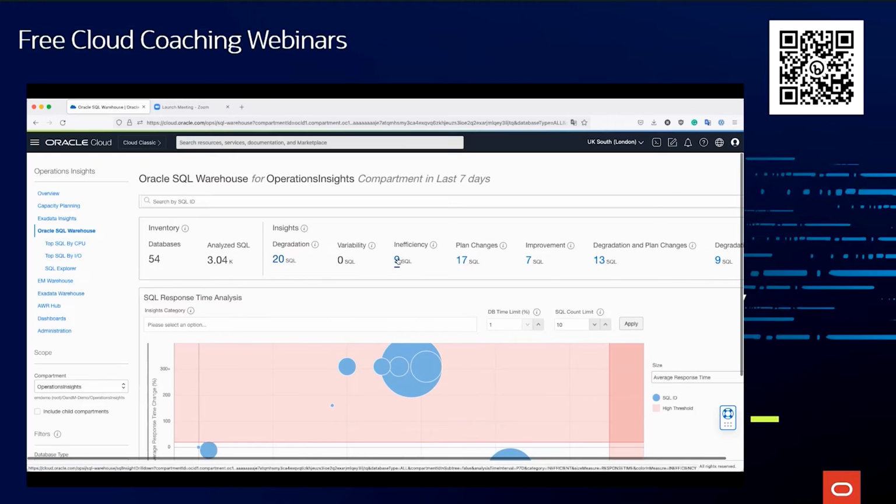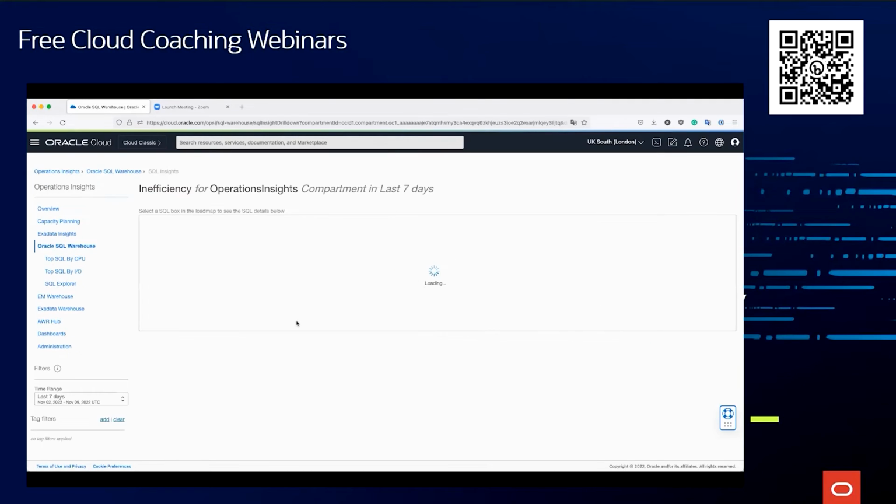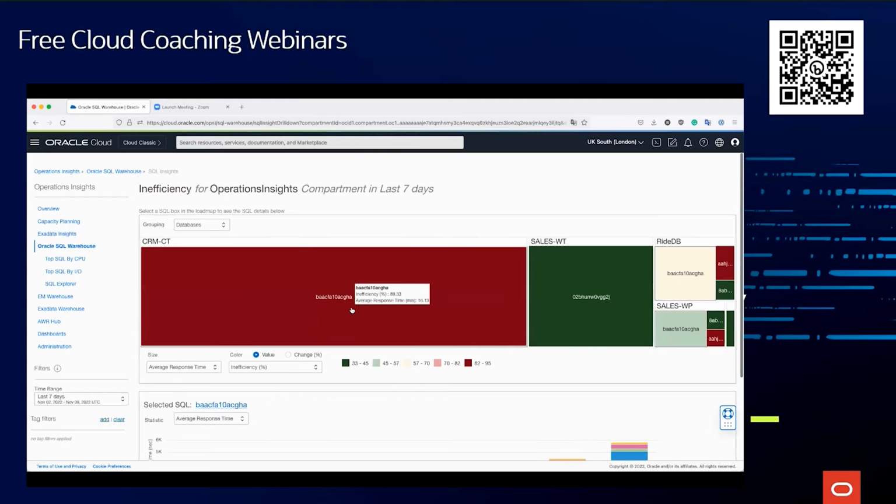In terms of inefficiency, there are 9 inefficient ones. There are some with frequent plan changes, some of them might require improvement, and some have degradation as well as plan changes and so on. In a sense, out of the box, machine learning is showing you which of these queries might impact the performance of your application. Once we click on the inefficiency, because I'm interested in looking at that one,